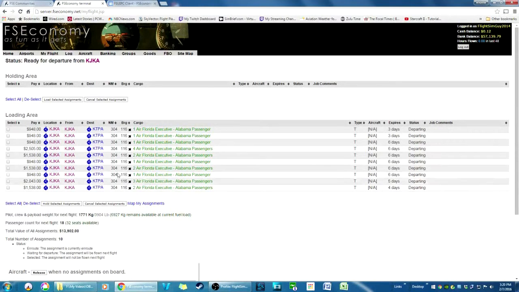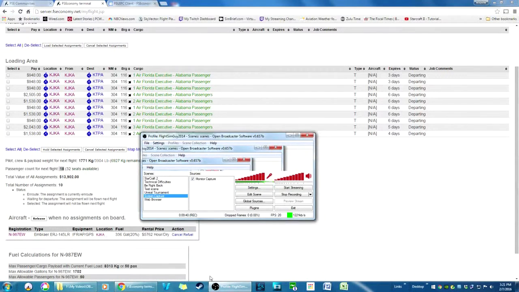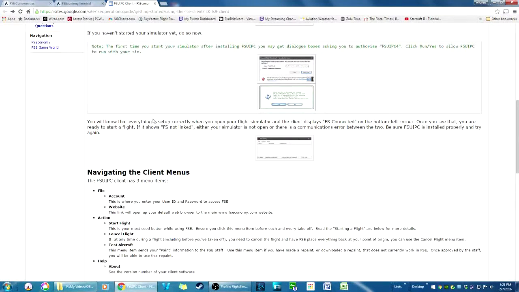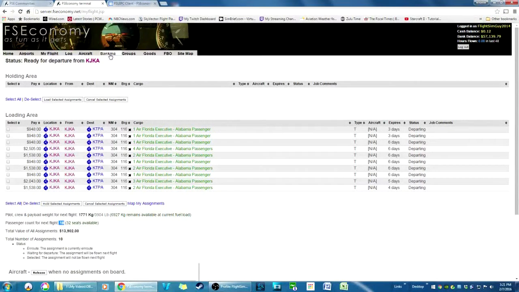So in this case, however many passengers you're carrying, passenger count 18, it adds up and it loads the weight for 18 passengers in your ERJ plane. And then you go ahead and you fly your assignment. You can either fly it online, you can fly it offline, you can fly it however you want. And when you land at your destination, all you got to do is find out somewhere to stop, and once you hit Control period and set your parking brake, the FSEconomy Client does the math and sends the data back to the website. And then when you look in your banking, you can see how much money you earned for